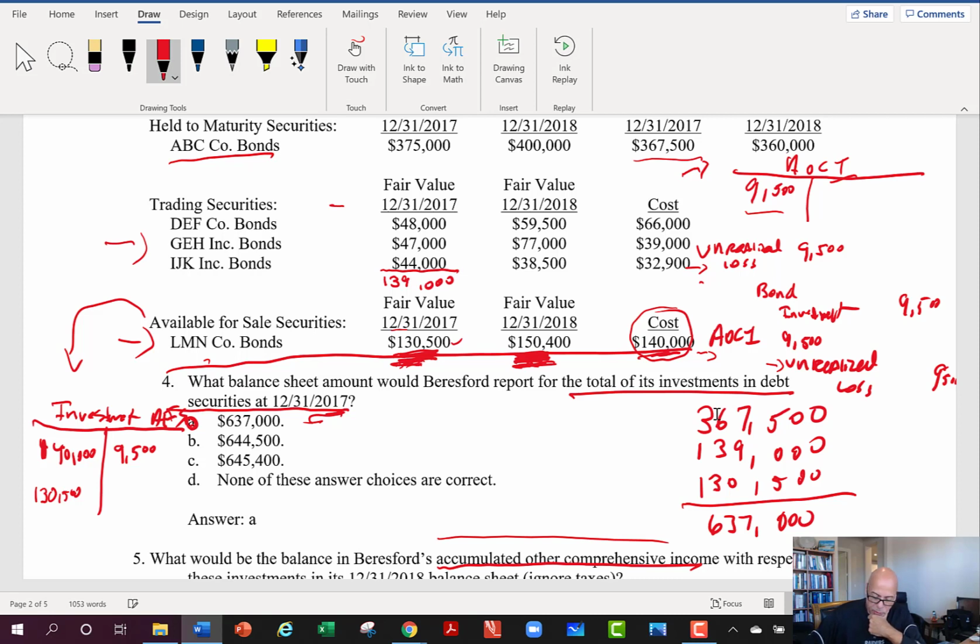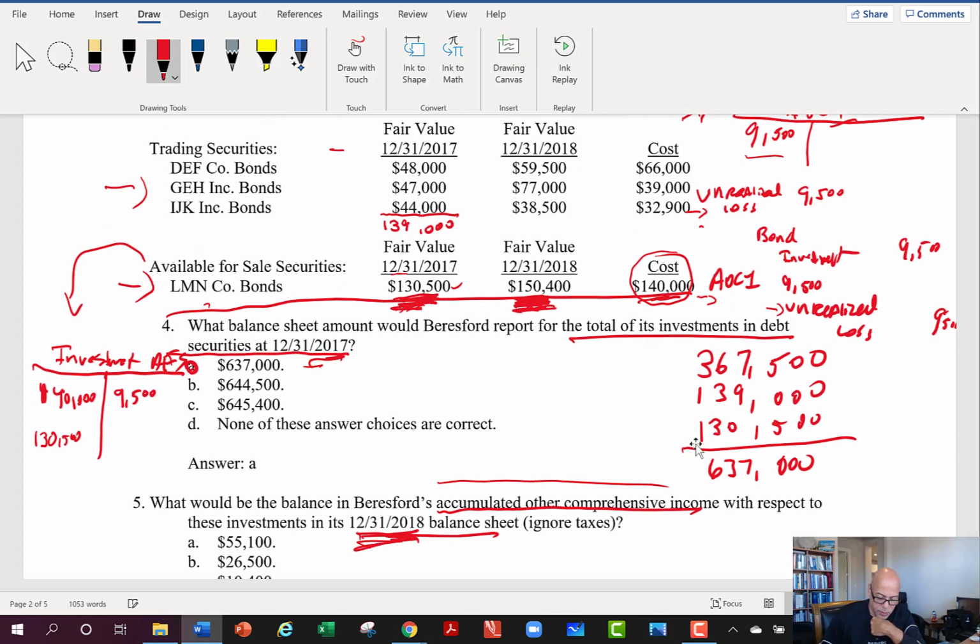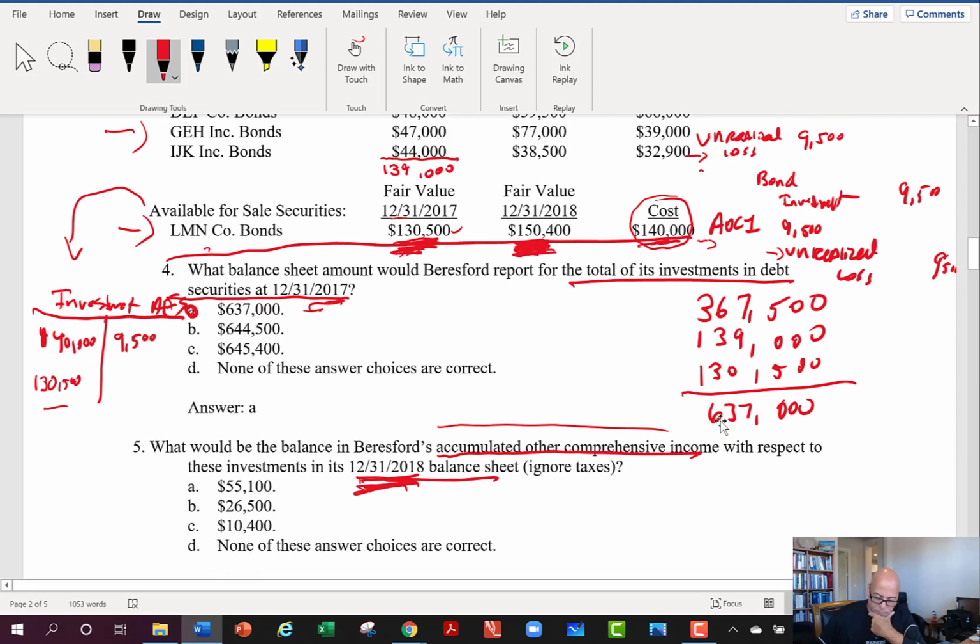Okay, good. Then I go into my second year, because again, the question asked me, got to watch what year they're asking me, 2018. So now I look and I say, well, okay, in 2018, the thing comes back from 130,500. I got to bring it up to 150,400. So what do I do? Well, now I'm going to debit the investment. You can check my math on this. I debit the investment 19.9